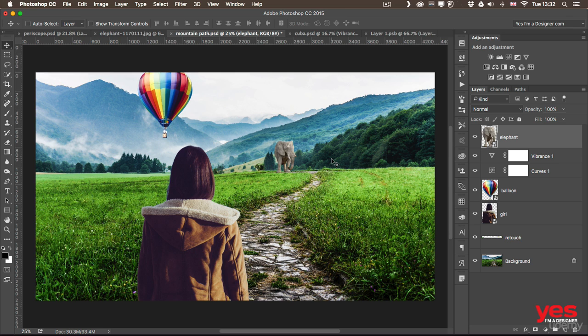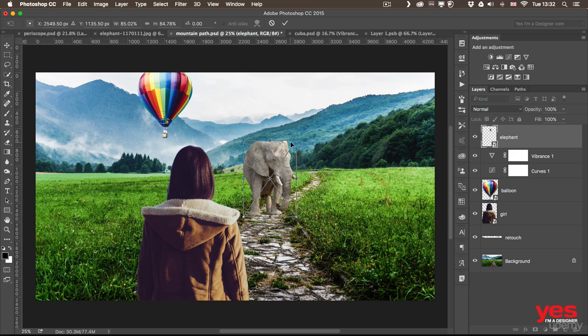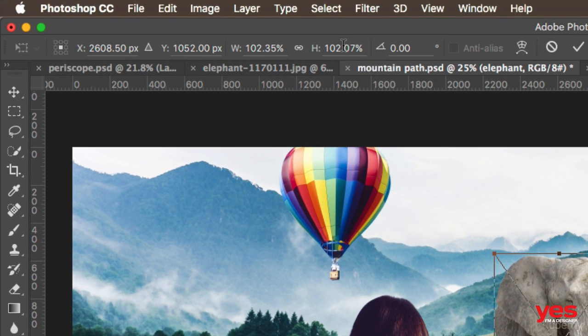But once we tried how it looks in the background and we realized that it's actually not that good, it was better when it was closer to us, then if you choose free transform again, the great thing is that it will remember the original quality. The image quality is still there, and when I'm resizing it here on the top, I can see exactly when I go beyond the original size. Up to 100%, I will have always perfect quality based on the original image, the source of this smart object,